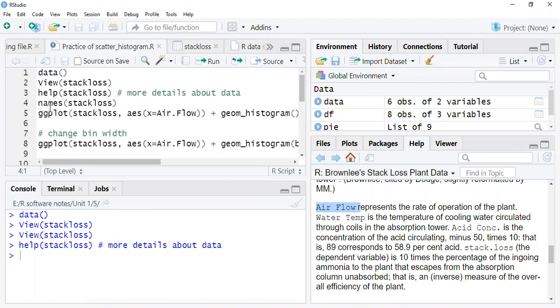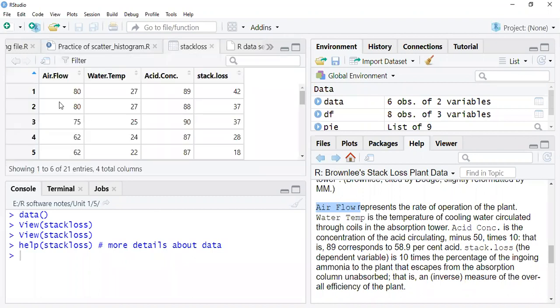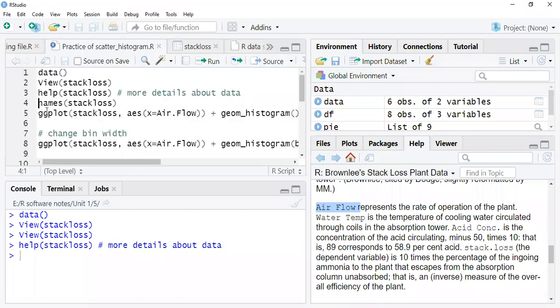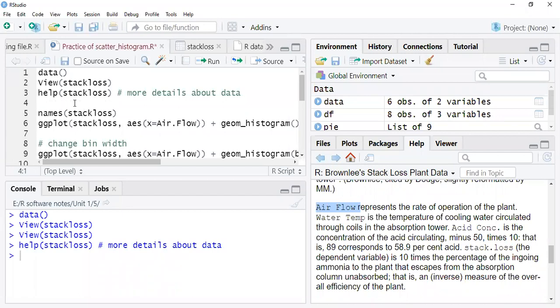I think this is enough for explaining the data. Now once I view that, I will be redirected to this data set which contains all variables. Sometimes you just type head of stack loss data.